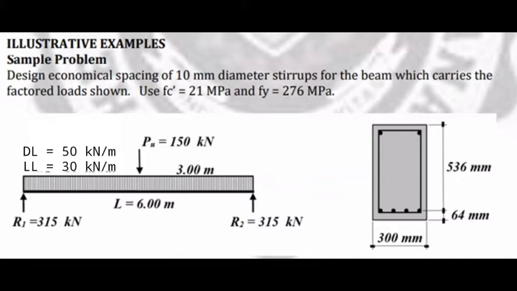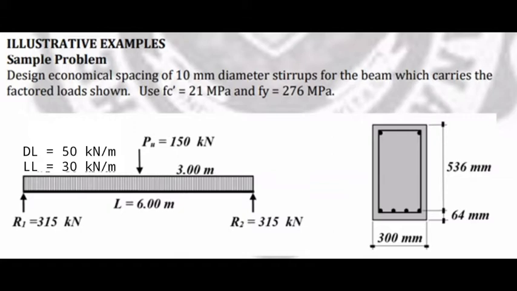Sample problem. Design economical spacing of 10 mm diameter stirrups for the beam which carries the factored loads as shown. Use f'c equal to 21 megapascals and fy equal to 276 megapascals. We have here the given. So we have to input the